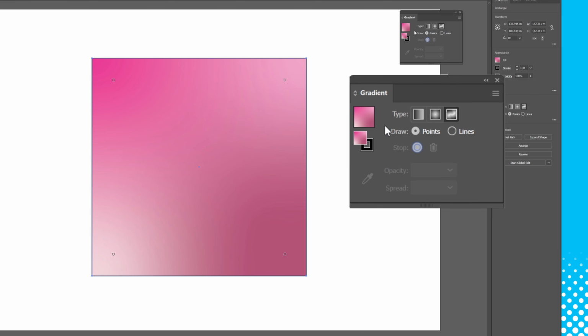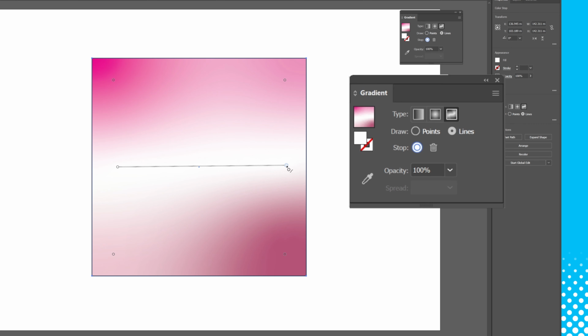Now you may have noticed that there's the option for drawing points or lines. We've had points selected, but we can also create a color in a line by clicking one point for the start and another for the end. You can also adjust the shape of this line by making a third point in a different direction, which will bend it, or simply by adding a third point between the first two and dragging that to make a curve. Each of these points will need separate colors to be input.